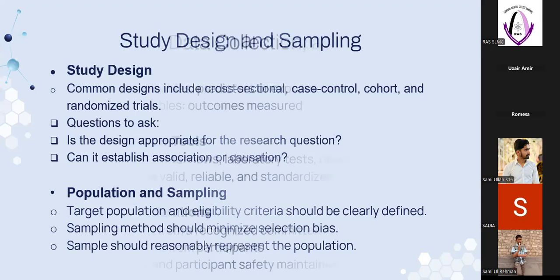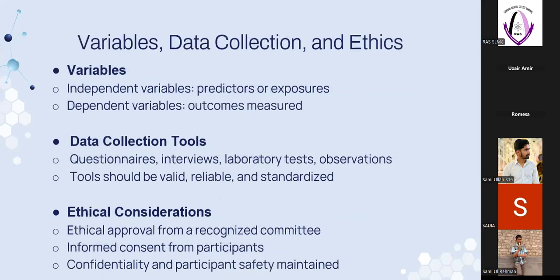Now, next are the variables, the data collection, and the ethics. We will start from the bottom, ethical consideration, because that is the easier part among the other two. Ethical consideration. Now, I conducted a research. For example, it is about a drug effect on patients, but I never got approval from the board, the IRB, Institutional Review Board. So I conducted my research, and for example, the research even got published.